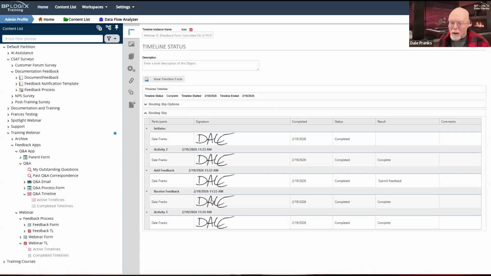This is what a sub process looks like if you have your feedback configured that way. So there's my add feedback activity, my receive feedback activity, and then there is activity 3, which is my main activity. So I'm showing everything because I invoked it as a sub process.